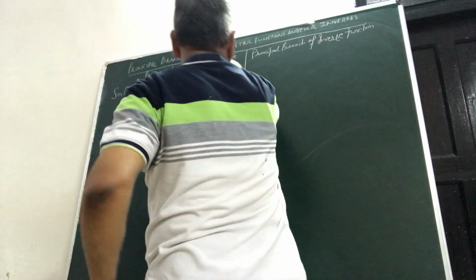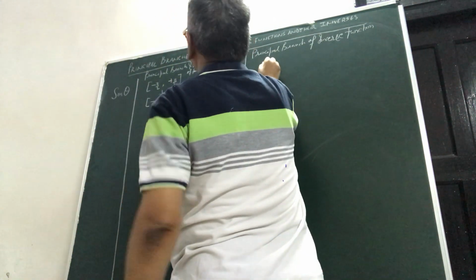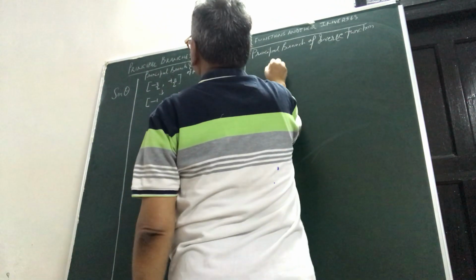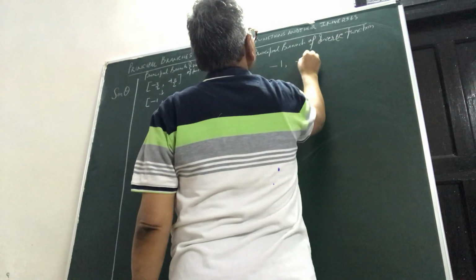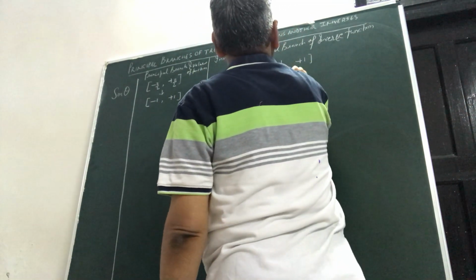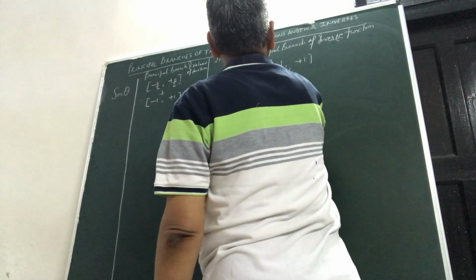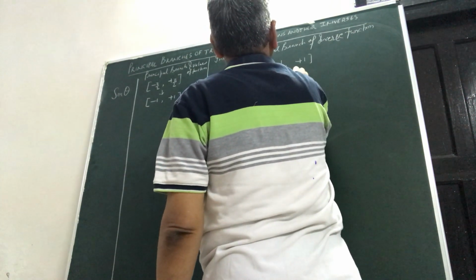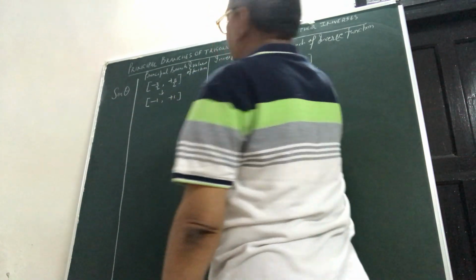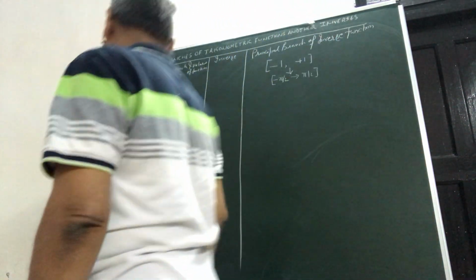And as such, for the inverse function, what will be the principal branch of sine inverse now? It will be -1 to +1, and herein the values will go in what manner? When you are at -1, it will be minus pi by 2, and then it will go to pi by 2. So this you need to understand very nicely.